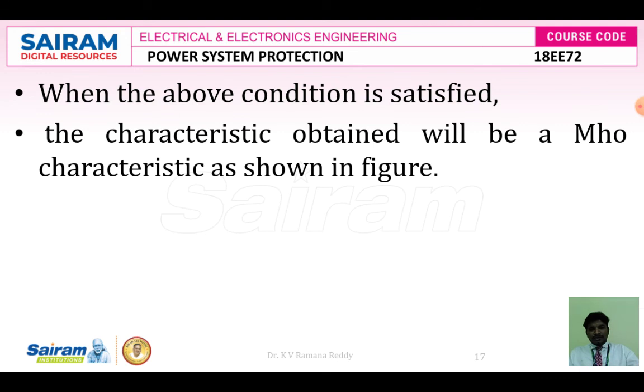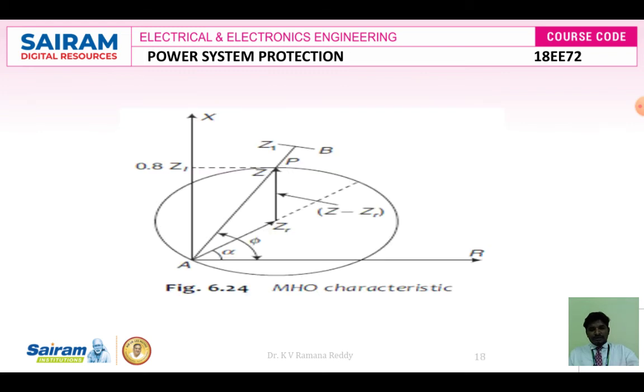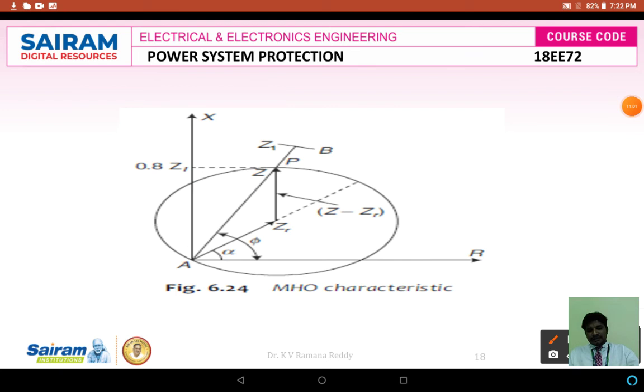Therefore, the above condition is satisfied, and the operating characteristics have been shown in the above figure in 3 modes of operation. So the operating characteristics lie in the 3 modes of operation. 80% of the faults are protected when the fault lies within the circle of mode 1, and here phi is nothing but the angle between the resistance and the admittance, and here alpha is nothing but the angle between the adjustment of the phase angle and the resistance R.